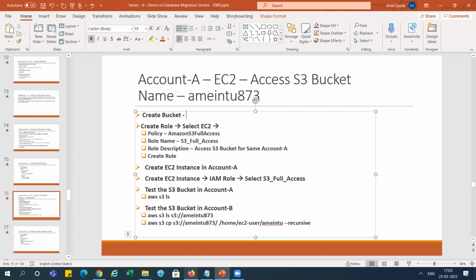Create bucket name, you can say submit HM entry account A. I'm mentioning it like that, so we can know that it is a bucket there, right?